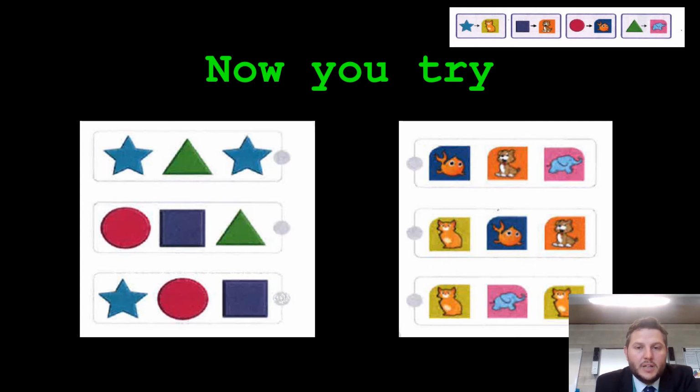Okay, so hopefully you've drawn some lines and you've got some answers. For the first one, the 3 inputs were star, triangle, star, and hopefully you matched that to the output of a cat, an elephant, and a cat. The second option was a circle, a square, and a triangle, and hopefully the output of those inputs,